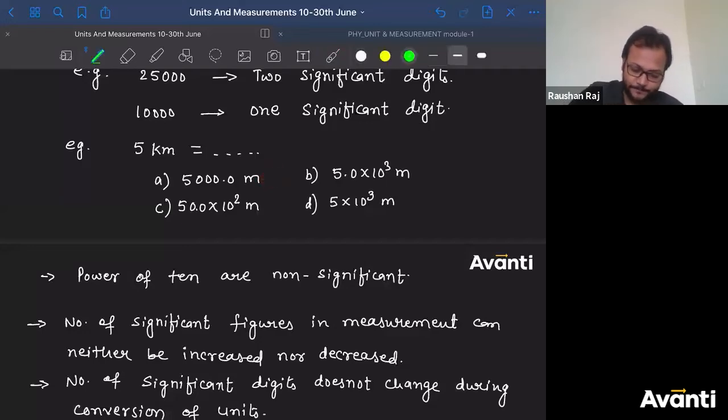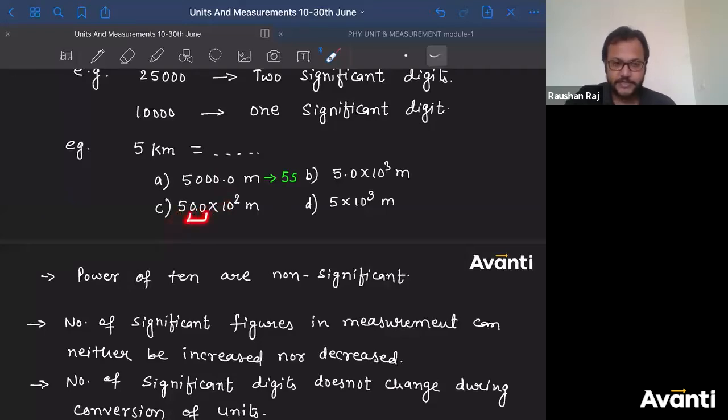Tell me, bachalo. In the first one, I'll say all the trailing zeros. 1, 2, 2, 3, 4, 4, and then 1, 5. The 4 zeros are there. They are trailing. They will be significant, because there is a decimal here. So 4 plus 1, 5. So this has 5 significant digits. Acha, what about this one? 0, 0, 4, 5. So non-zero 1, and then these trailing zeros are also significant. So 3 significant digits.